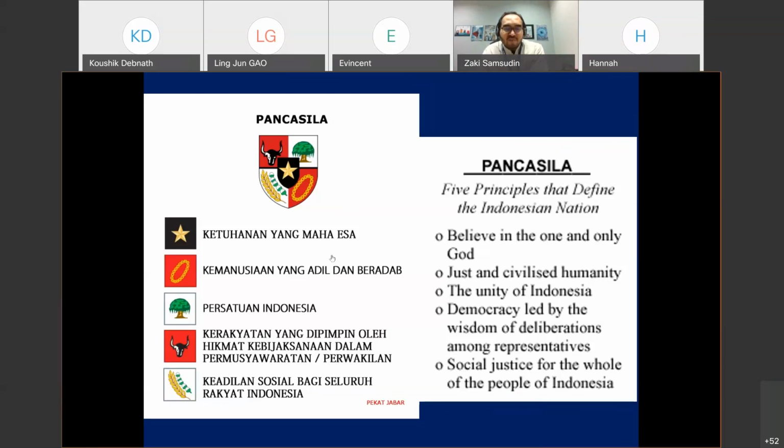But the five principles that you have in the Pancasila philosophy in Indonesia are not necessarily the same as what we have in Malaysia. But yes, religion is still number one. Now, an interesting comparison perhaps you can see is this. When the Pancasila refers to God over here, it refers specifically to belief in the one and only God. That actually preconditions the people of Indonesia to believe in monotheistic religion, or monotheism. Monotheism basically refers to religions that believe in one God, and that includes Islam, obviously, and also